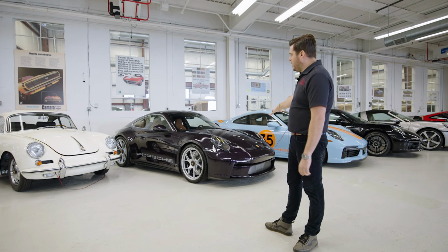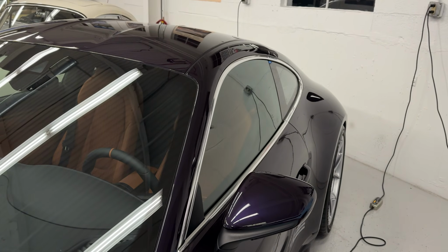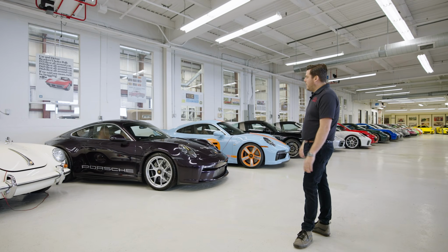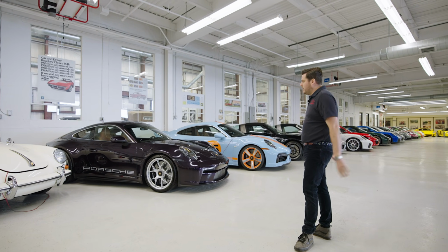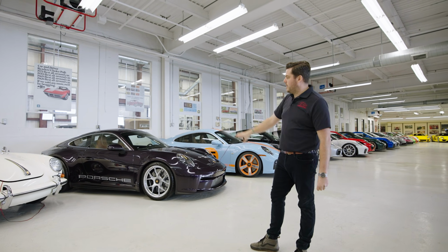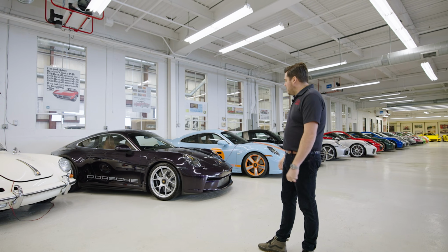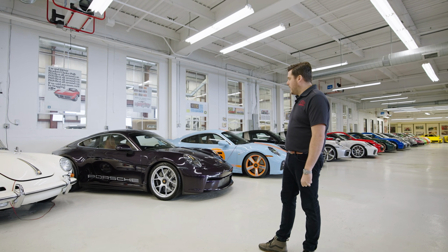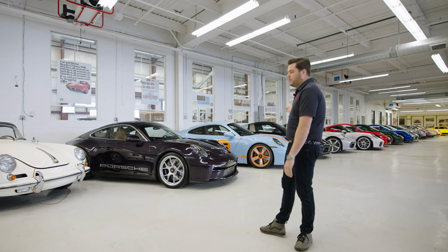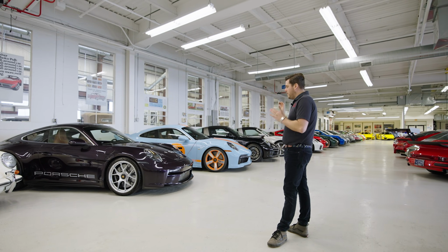And as you can see, we got it in a unique color. We got it in Viola Metallic, a paint to sample color, with the heritage interior again. So this beautiful dark purple with that dark tan interior is very nice. And we did elect not to get the number on it. We did more of a subtle design on the spec, just the Porsche script on the side. So it really looks more of a subtle take as opposed to like the Golf Sport Classic here. But everything about this car so far, that when I've driven it,